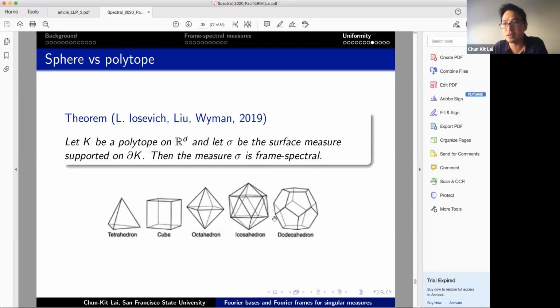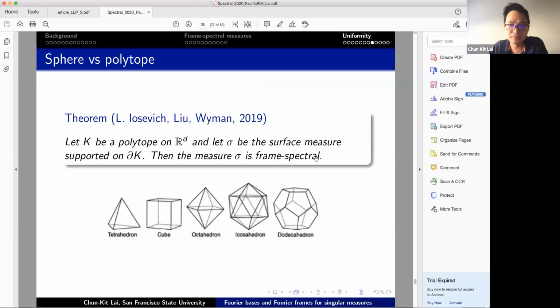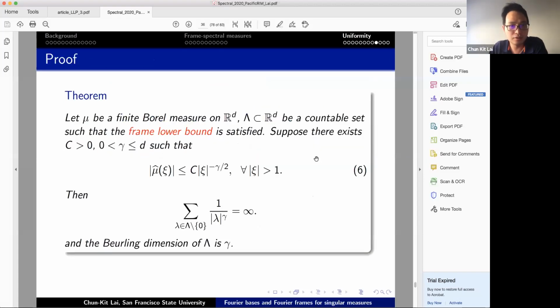I still have a little bit of time, so I can sketch why this holds. This was kind of an amazing proof. We consider two abstract conditions. First of all, if you have a finite Fourier measure and you have a frame lower bound, and at this moment I assume you have a Fourier decay,